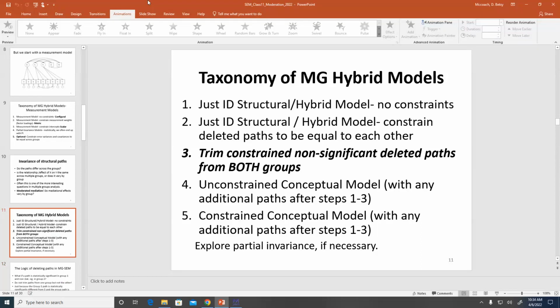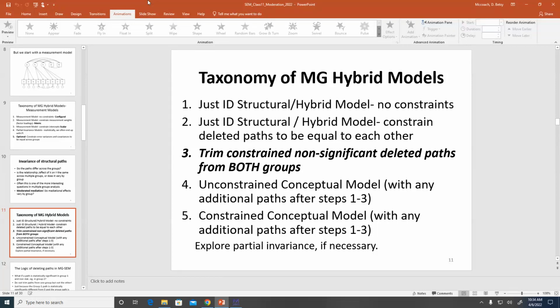So I'm going to fit that just identified hybrid model. I'm not imposing any constraints on any of my structural paths. I am not imposing any of the measurement constraints either, because I'm taking my final measurement model. So the measurement model looks just like my final measurement model, but I'm fitting a just identified structural model, okay? And by default, Mplus is allowing correlations or paths to freely vary across the groups. That's why this model will have the same chi-square and degrees of freedom as your final measurement model. So that's a good check too. Run your final measurement model, then run this model, and you should get the same chi-square and degrees of freedom.